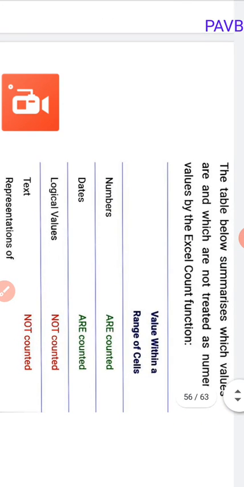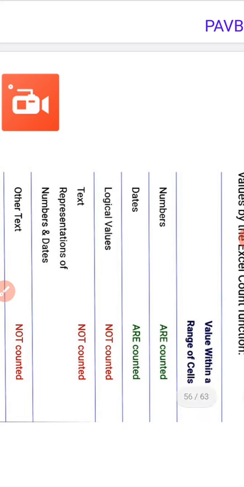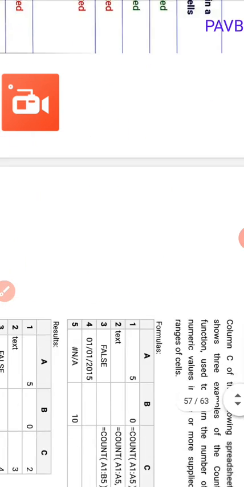The table below summarizes which values are and which are not treated as numeric values by the Excel COUNT function. Numbers are counted, dates are counted, logical values 0 or 1. Text is not counted and other text is also not counted.